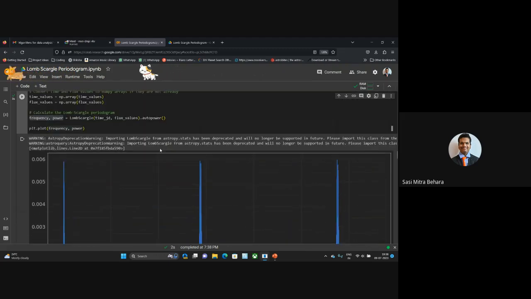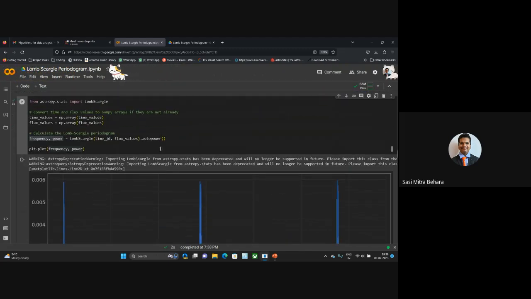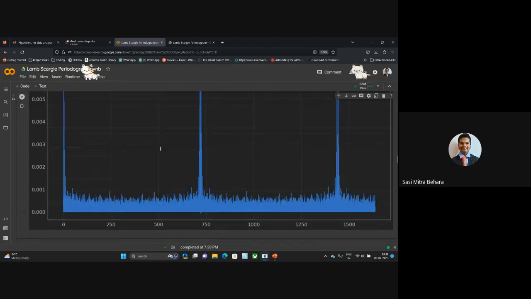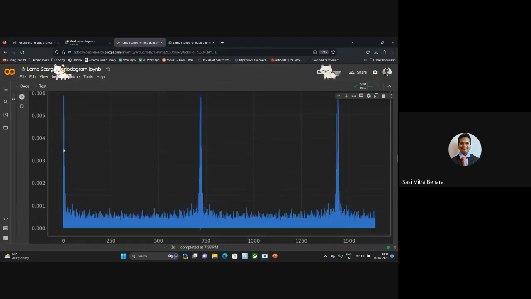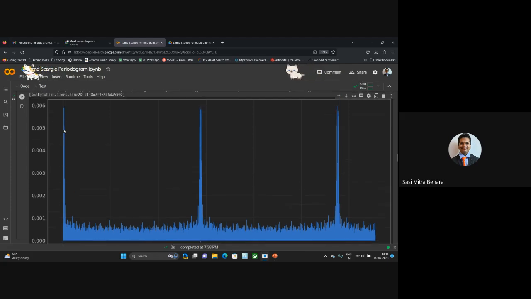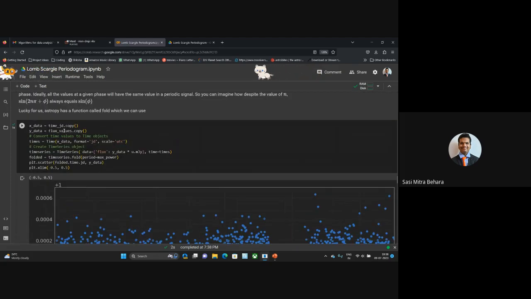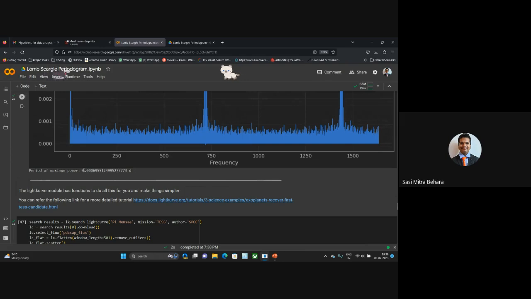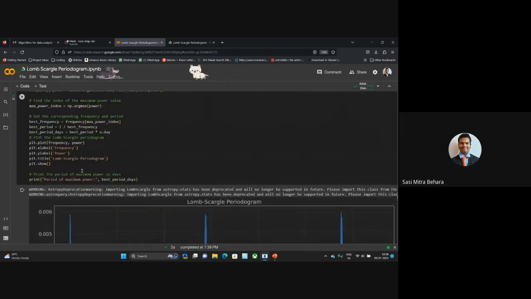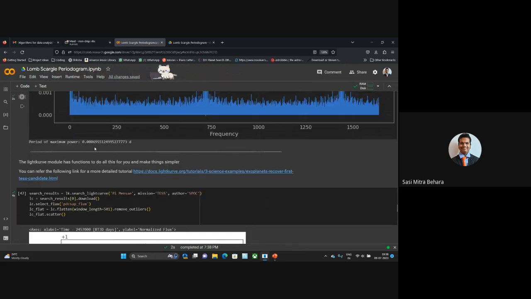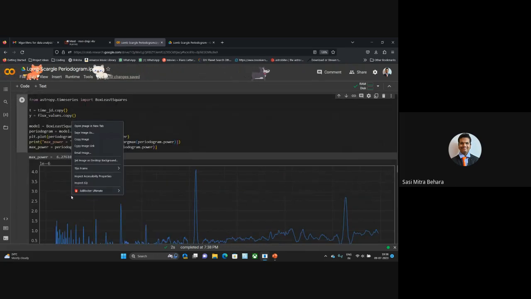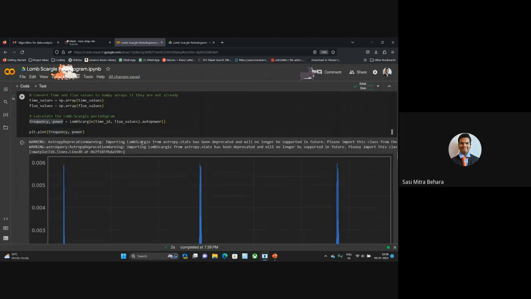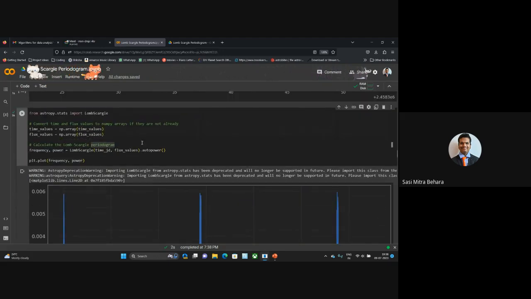Now, if you look at this, it's not a particularly great fit. We are getting something at a frequency near 0. If you explore further, it comes out that you have a period of maximum estimate around 0.0006 days. That makes no real sense. So that's probably an indication that the periodic sine curve the Lomb-Scargle is fitting is probably not